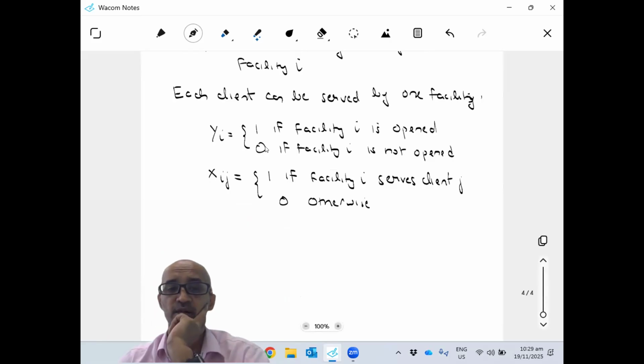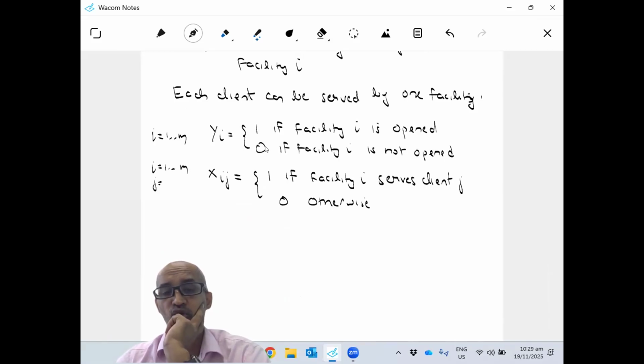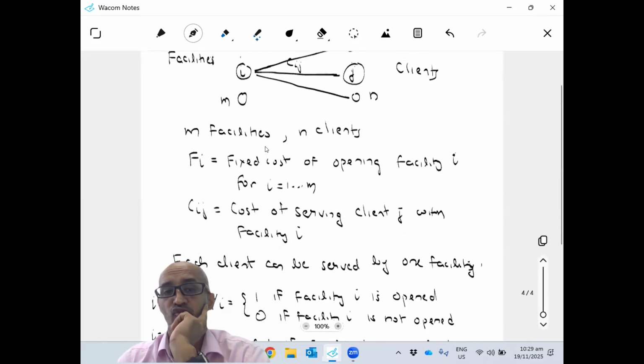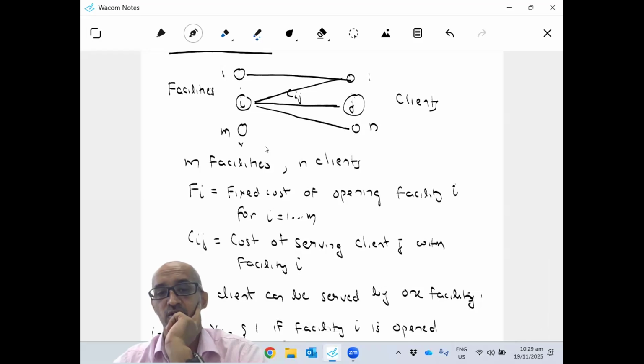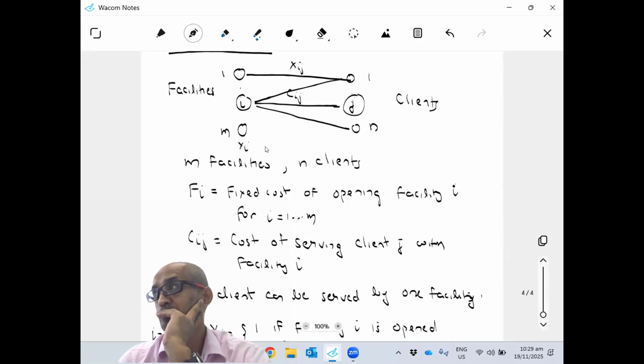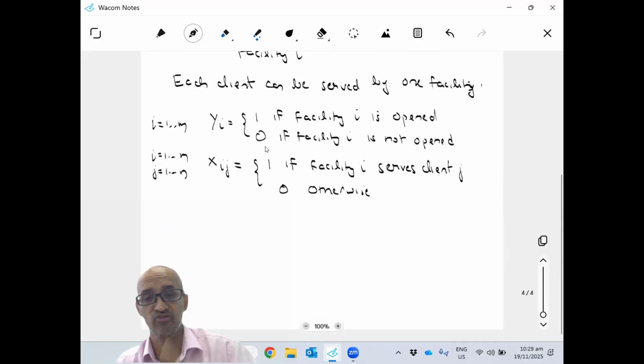So I've got two sets of variables. Of course, i goes from 1 up to m, and here i goes from 1 up to m and j goes from 1 up to n. Okay. So I've got the yi variables here and the xij variables on this. Okay. So let's write down the